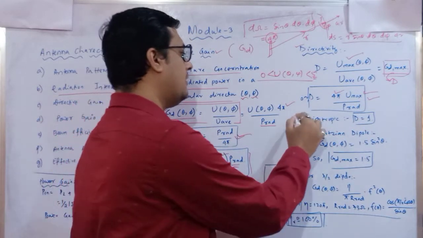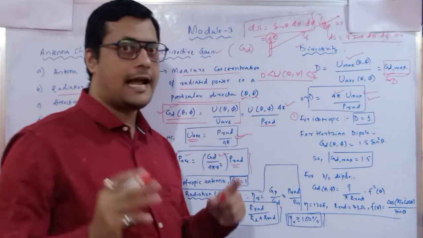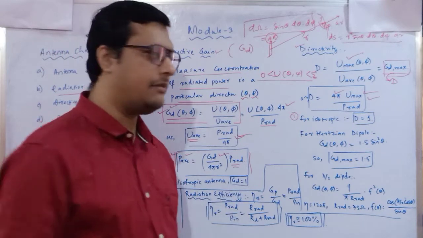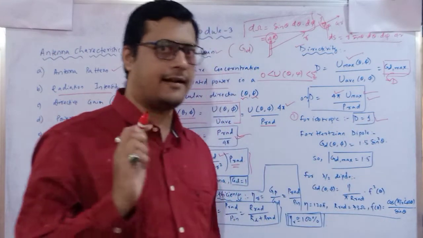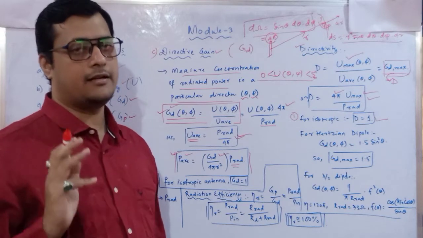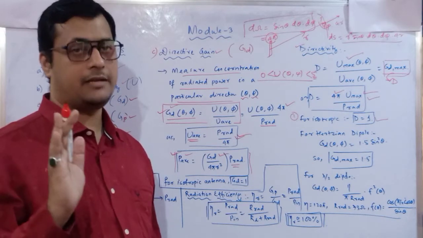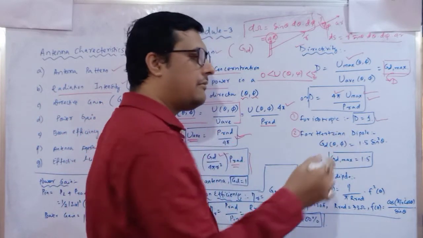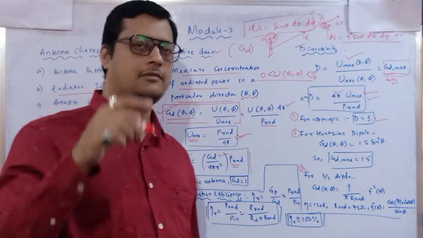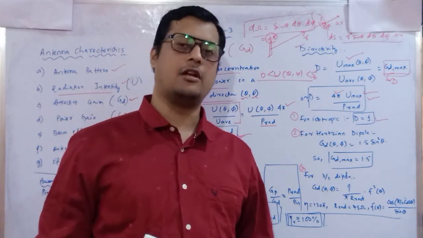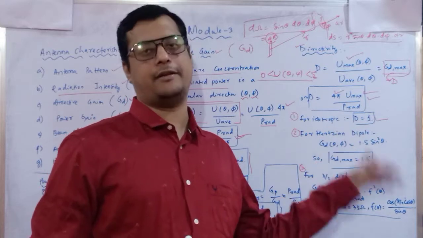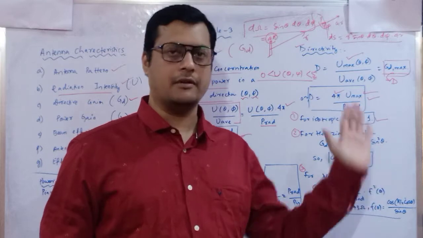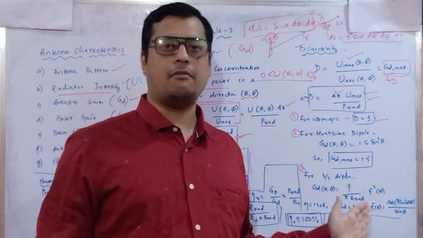Now, the first case is if the antenna is isotropic. If an antenna is isotropic, your maximum directivity value must be 1. This is the standard value. Maximum directivity for an isotropic antenna must be 1. Similarly, there are other antennas. These relations we will discuss individually when I discuss what is a short dipole, what is a quarter wave dipole, what is a Hertzian dipole. But I have directly used this relation to make you understand what the value of directivity will be for these different sorts of antenna.